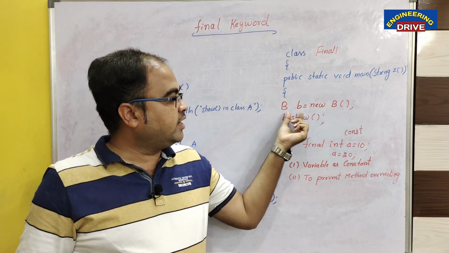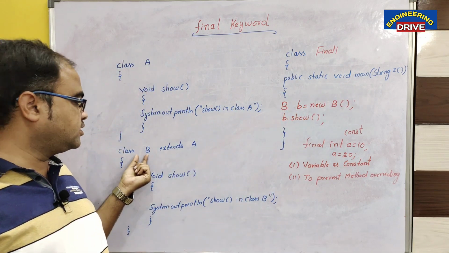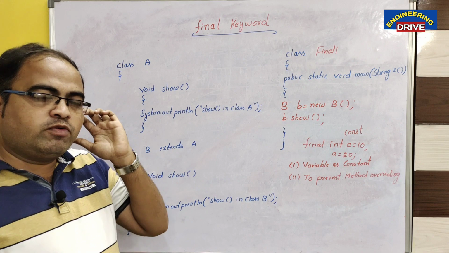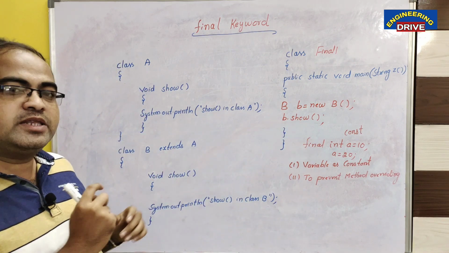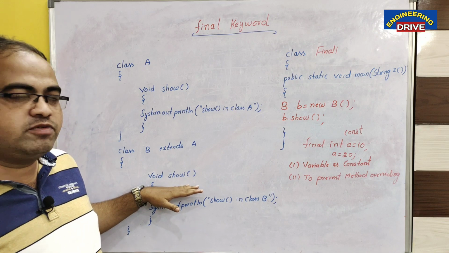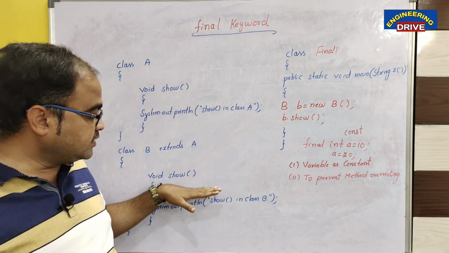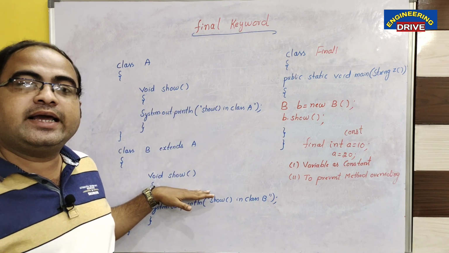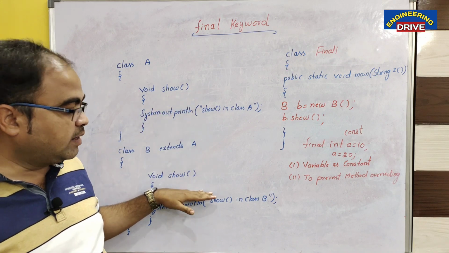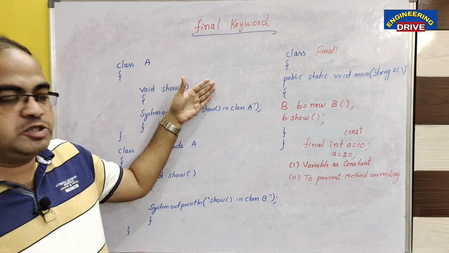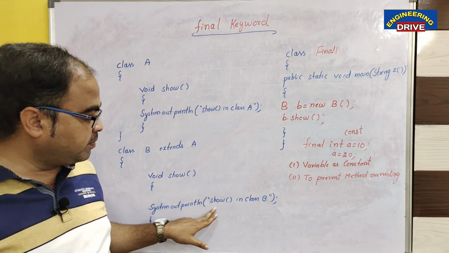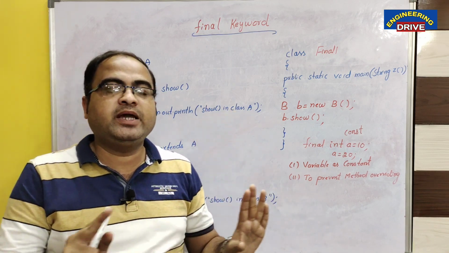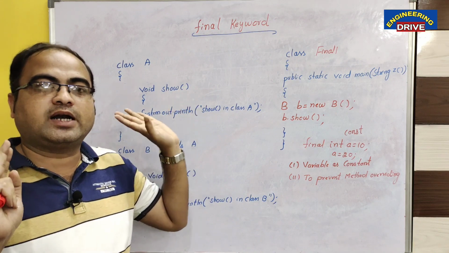Now my dear students, you can see here I have created an object for the subclass with the name small b, and by using this object I am invoking this method. Whenever I invoke b.show, which method will be invoked? Can you guess? Whether the subclass method will be called or the superclass method will be called? The answer is the subclass method will be called. When the superclass and subclass contain methods with the same name, the subclass method overrides the superclass method, which means we will get this output, show in class B. Show in class A will not be executed at all. Control will not come to the superclass method.